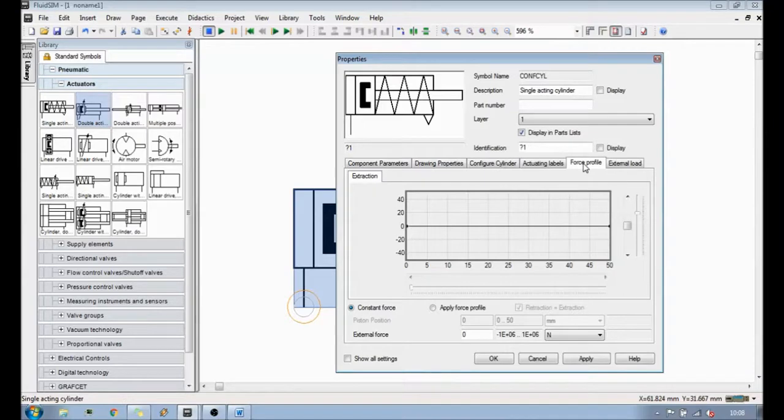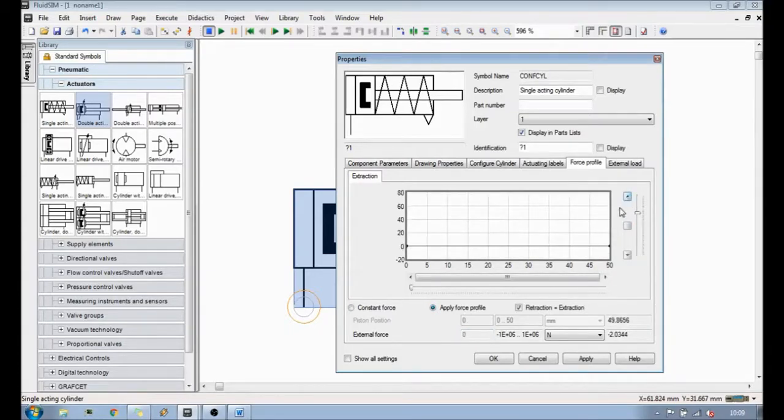If the cylinder is under load, for example, some kind of box or some kind of element of the machine is pushing onto the cylinder, we can choose either constant force, external force, for example 100 newtons, or we can apply force profile for the